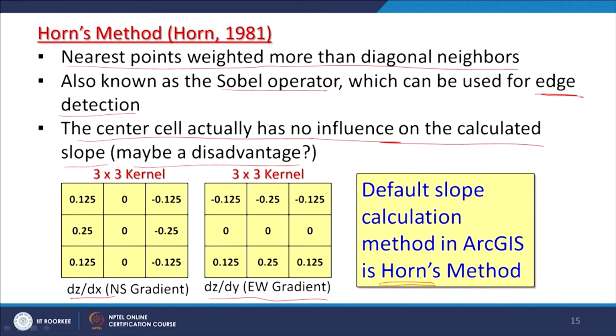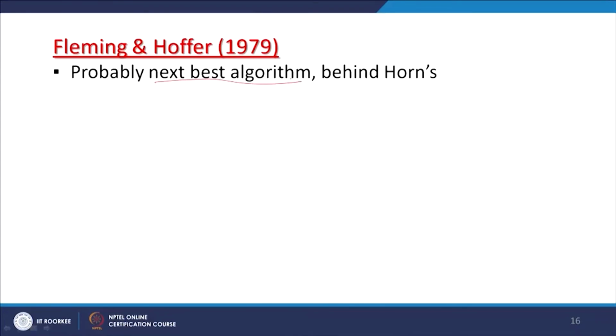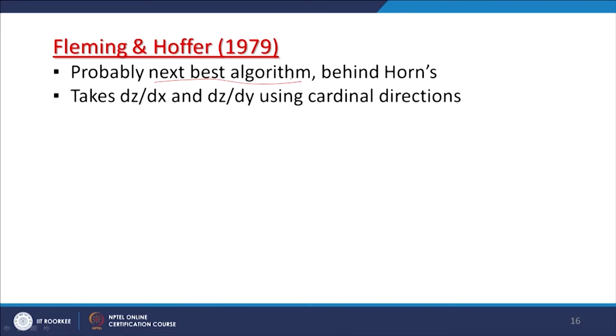This has been implemented, not the other one, the Jaberger or Thorn method, but the Horn method has been implemented by default. But if you want to calculate by employing other methods, those options you can also explore. For example, there is another one given by Fleming and Hofer in 1979, which is the next best method or algorithm after this Horn method. It takes dz over dx and